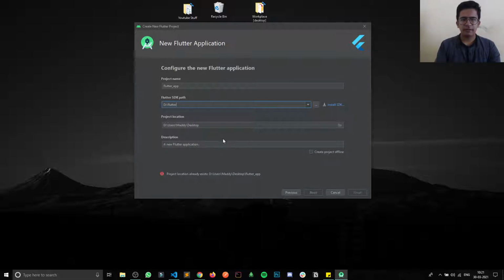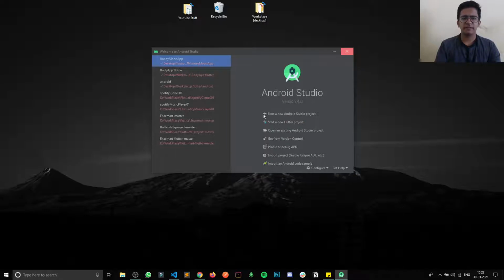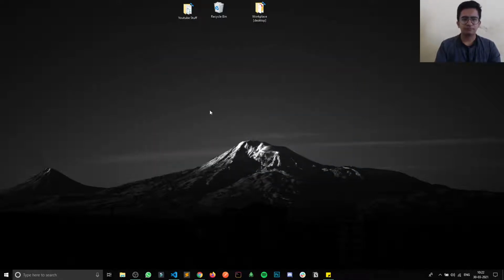Create project offline. Why is it saying project location already exists? This is what happens if you create your first project in Android Studio. Okay, I will show you in some time. Just leave that.